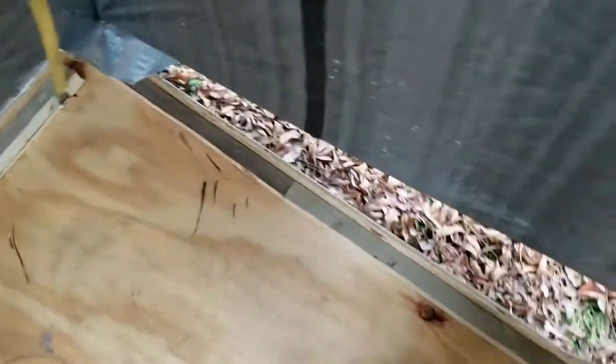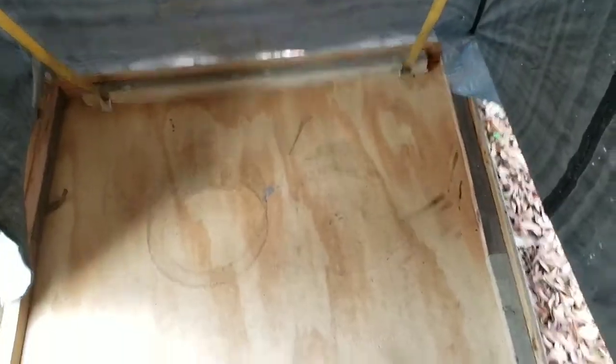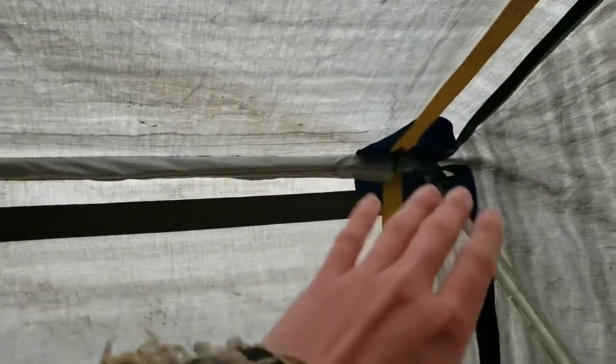And yes, I don't have it snapped over here. I just kind of got it up right now. I got it snapped in the front a little bit, but I don't have it snapped in the exact front. But I just got it set up just to show you what I've been working on. But here's the floor right here, and I'm probably gonna put some carpet down in here and make it look real nice. Right in front of it, it's got a window,